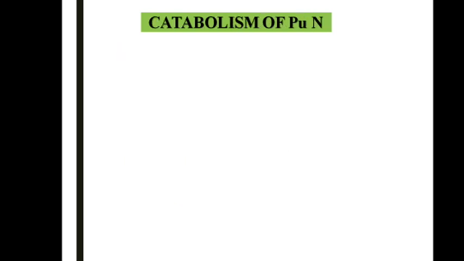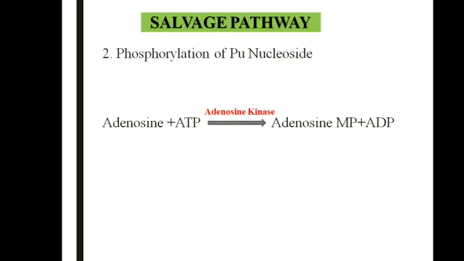Now coming to the purine degradation. So now I hope you are familiar with the salvage pathway and the de novo synthesis pathway. The important difference is the salvage pathway is less energy consuming, and the de novo synthesis is more energy consuming. And I told you already that location wise de novo is mainly in the liver and most of the cells as well, whereas the salvage pathway is mainly in the 4 tissues which I have already mentioned. And the salvage pathway is directly from the purines and purine nucleosides, whereas the de novo pathway requires participation of various compounds like amino acids, amino acid derivatives, respiratory carbon dioxide. It requires participation of the formyl groups, all that.